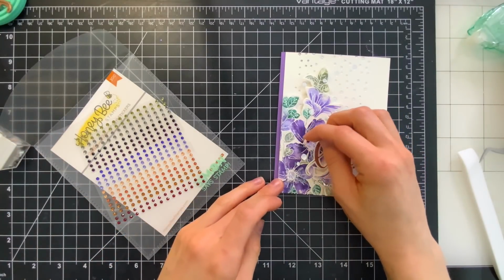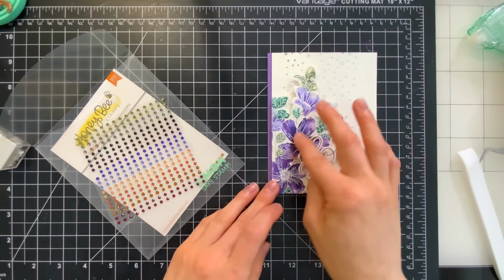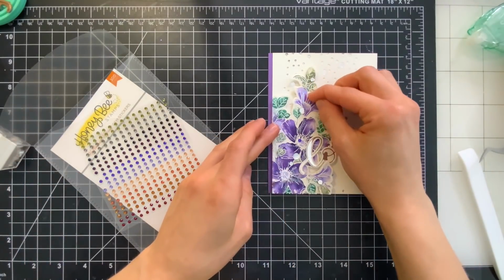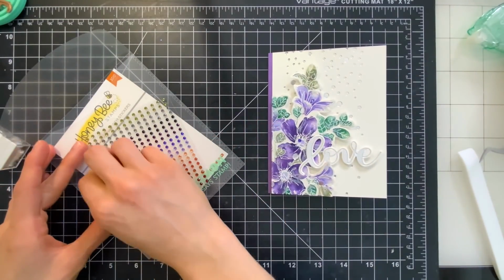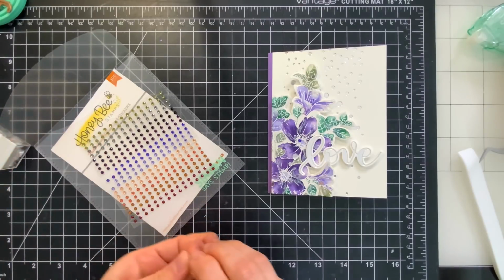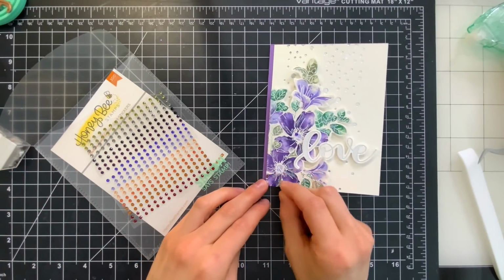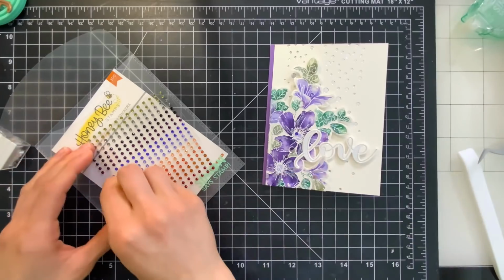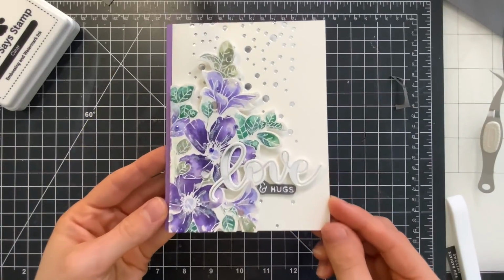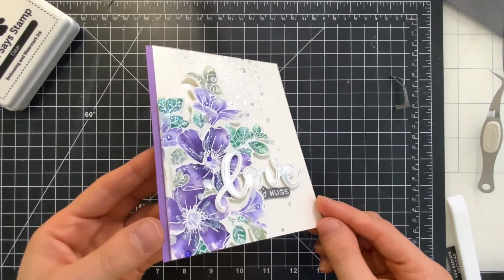So the last finishing touch was to add a few embellishments. I pulled out these gem stickers from Honeybee Stamps, which by the way I actually store inside of our Simon Says Stamp clear pockets. They fit beautifully and it helps me keep all these little gem sticker sheets organized. So I really like that. But I put a few of those onto my card, and that's going to complete this beautiful watercolor design with